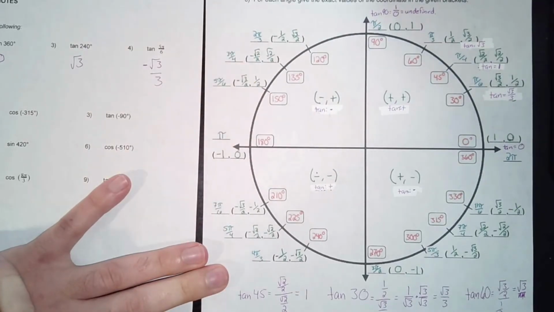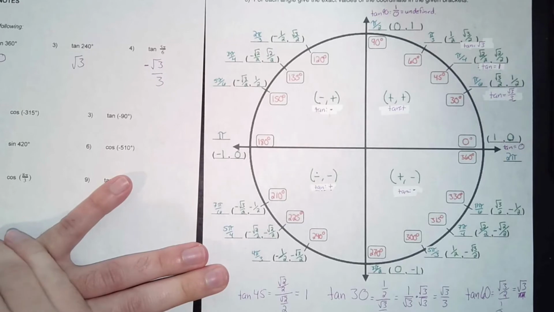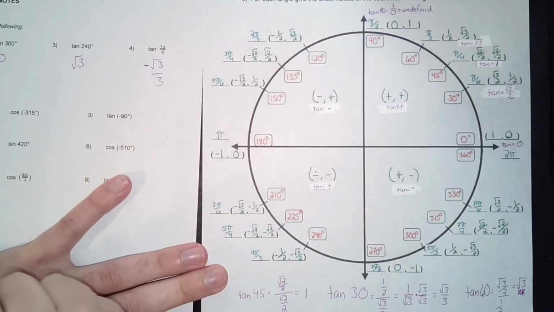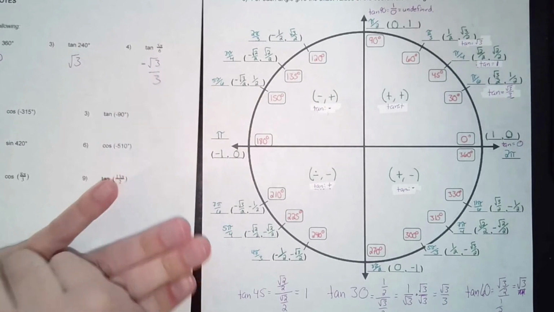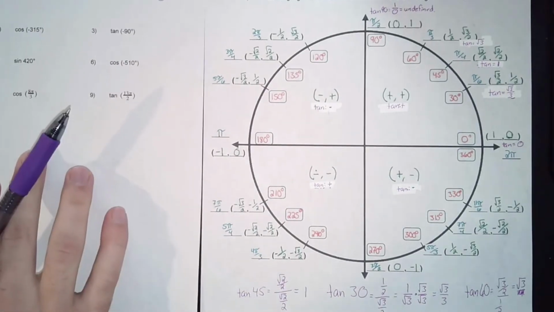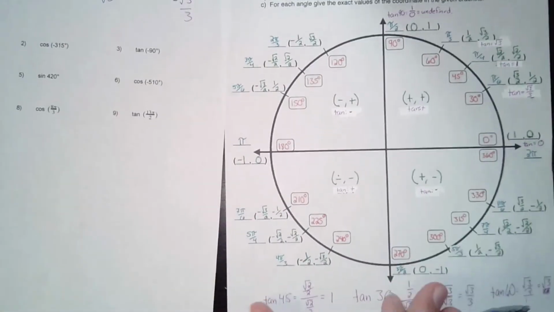Okay, so now that you have your tangents, it's really the same as sine, cosine, and tangent, just knowing which piece of the unit circle you're using. I would encourage you to write in at least this first quadrant of tangents when you fill out unit circles from now on. Next thing we're going to talk about is what happens if we give you angles that are beyond